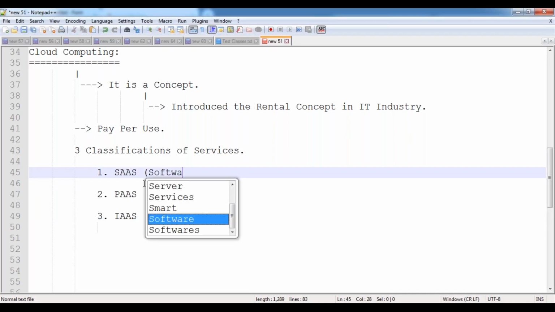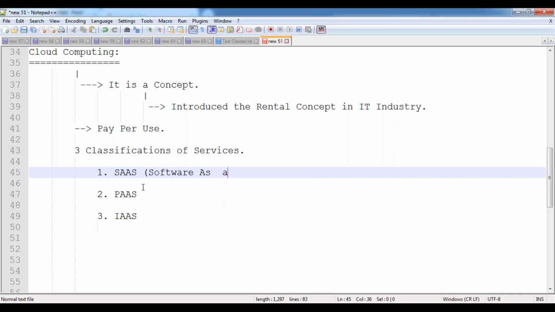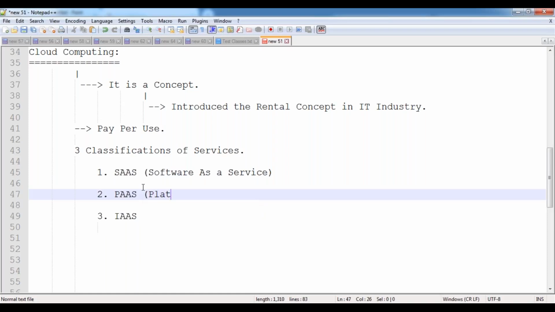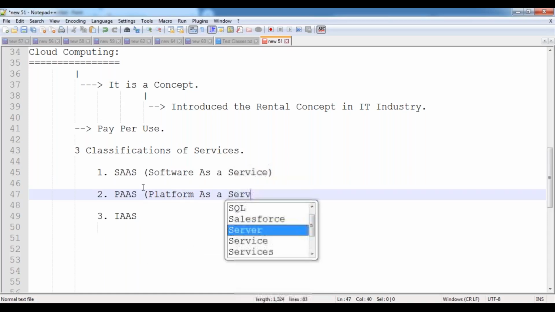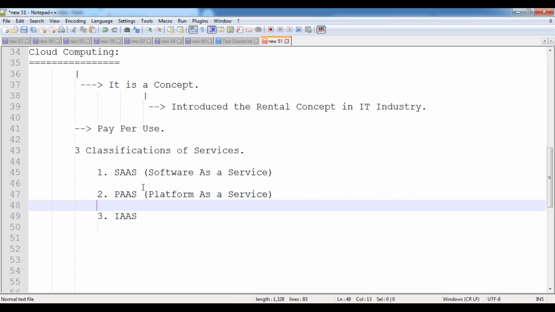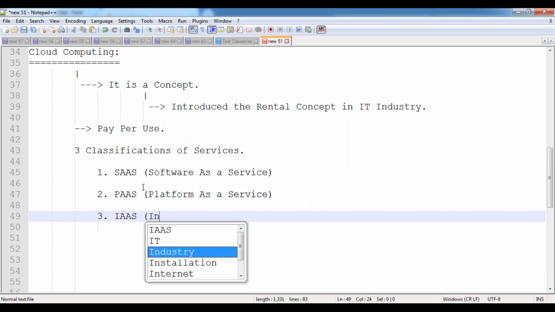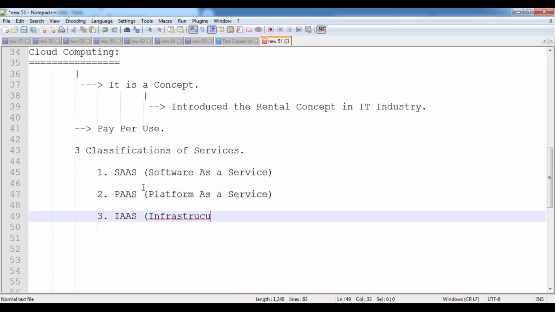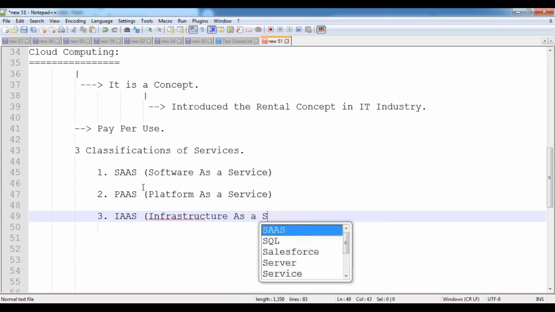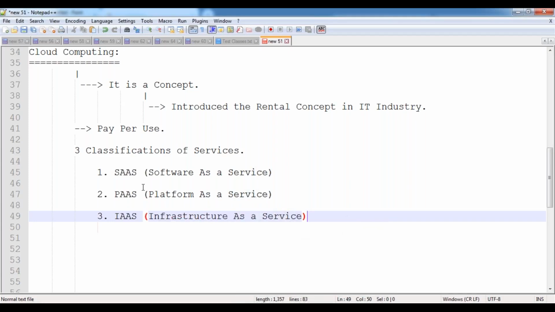SaaS means software as a service. PaaS means platform as a service. The third one is infrastructure as a service.